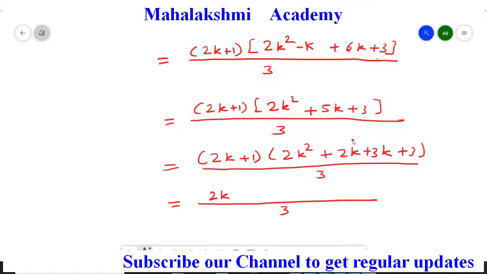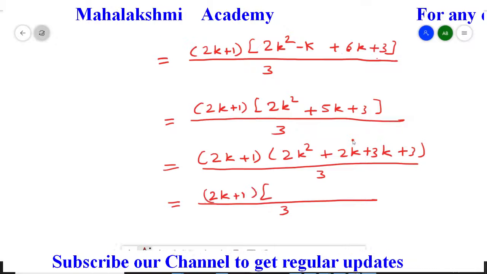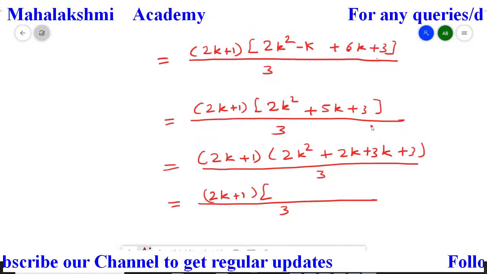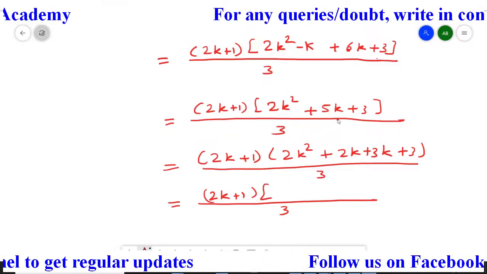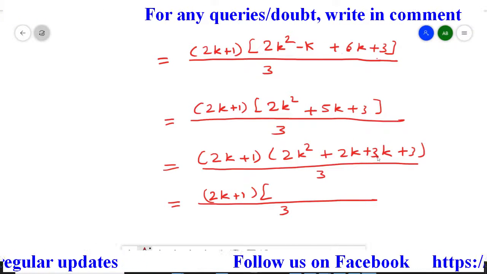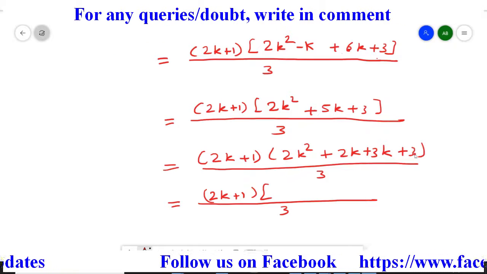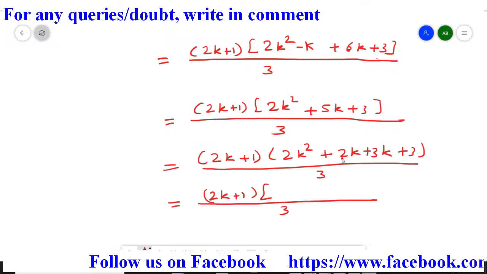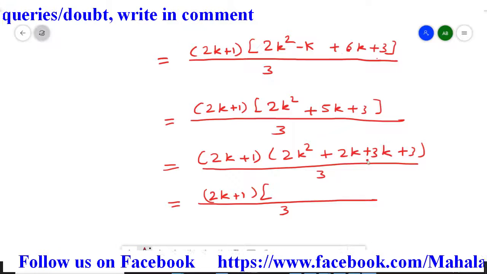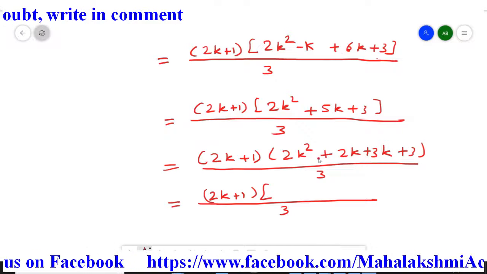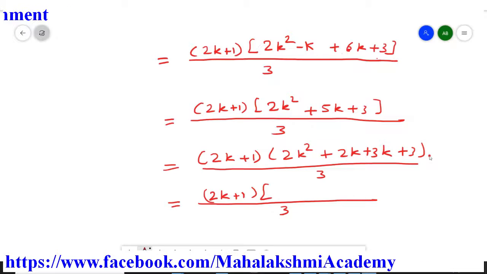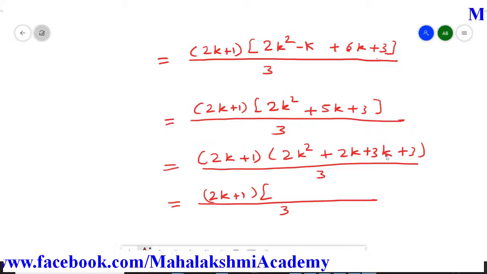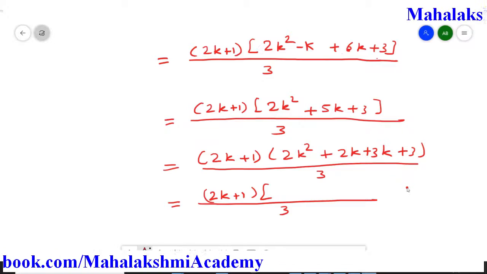Now this small bracket as it is, and from these first 2 terms, what I have done is I split this middle term to factorize it. So 5k is there, 2k plus 3k, so its product is 6, that is the product of 2 times 3. When we add, 2k plus 3k is 5k, so I factorized it. Now from these 2 terms, that is 2k square and 2k, we will take 2k common, and from this 3k and 3 we will take 3 common. That will give us the next step.